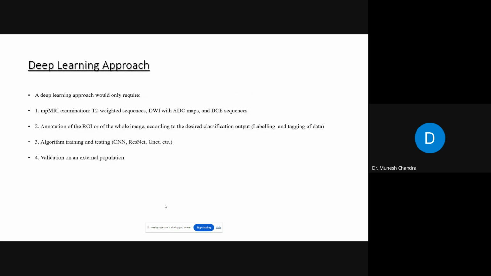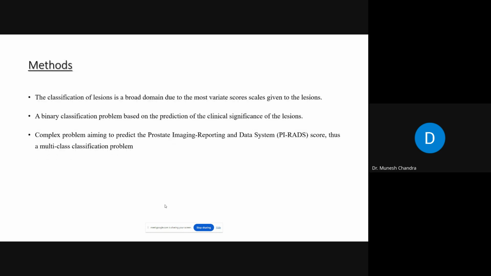Whenever we are talking about the deep learning approach, normally the data is very large, because most persons after 50 years suffer from the prostate. Even as per the study, more than 70% of persons have prostate problems, but that does not necessarily mean they are cancerous. They may be in level 1 or level 2. That's why the data is very large for the prostate, and that's why we are using the deep learning approach in the identification of prostate cancers.